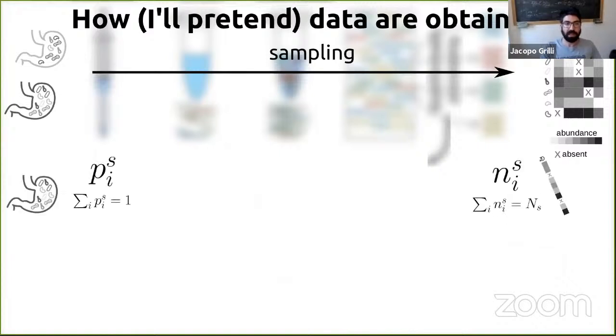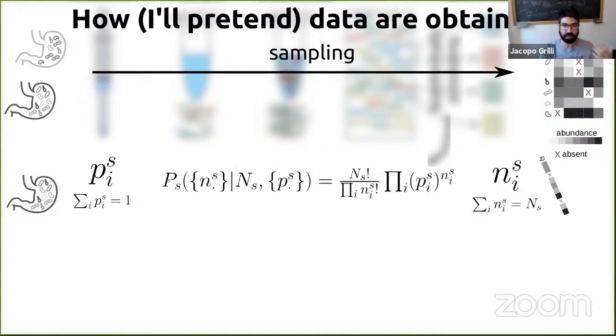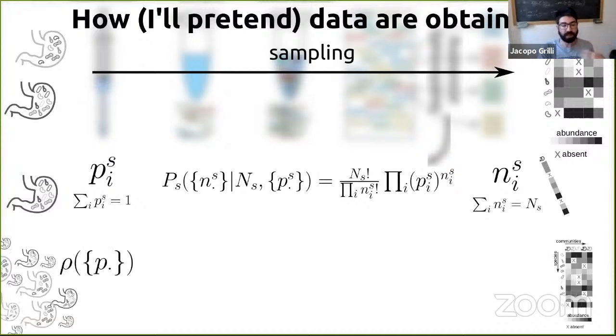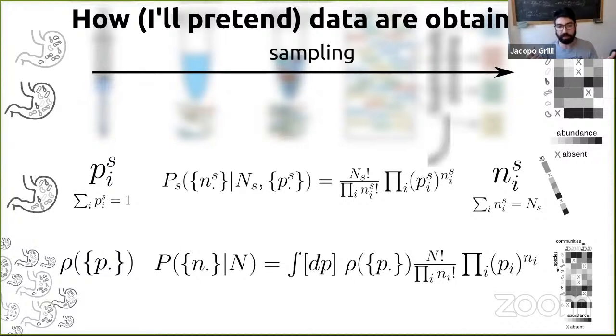So that means that basically we want to go from a set of frequencies, the fraction of individuals of species i in a given sample, to discrete reads in one sample. And this is just multinomial sampling. And if you are interested in a statistical ensemble, we have a distribution over these frequencies, and through multinomial sampling we get a distribution over the data that we can observe, which depends on the sampling depth, the sampling effort that we use in our data.